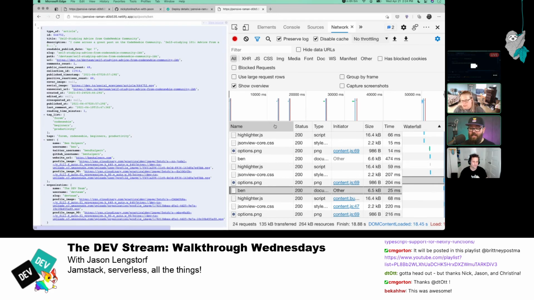Right, so it's incredibly cool, and what this also means is the function only ran the first time. So it took a half second the first time. The second time, the function didn't run at all. It just returned that cached response.